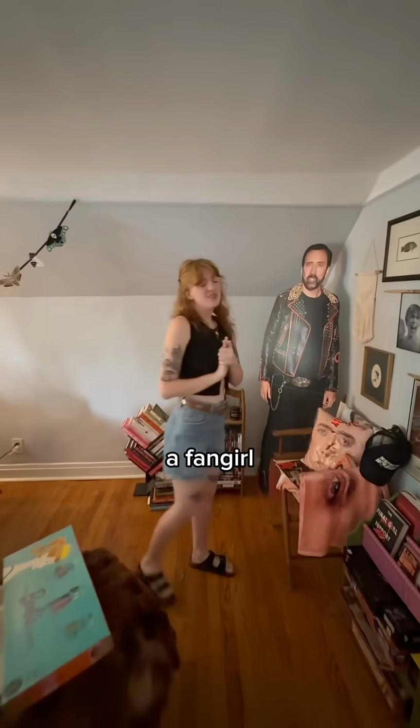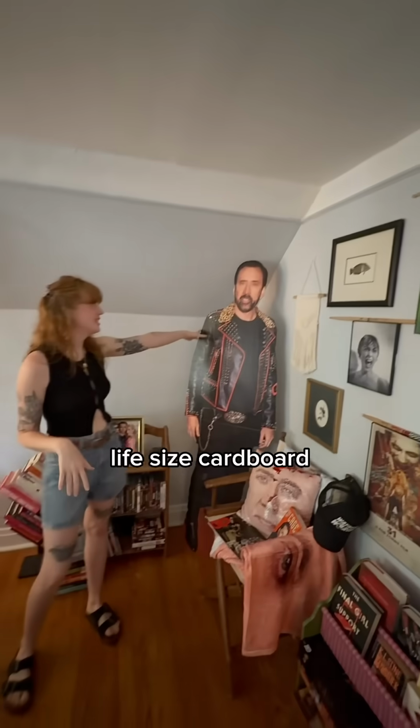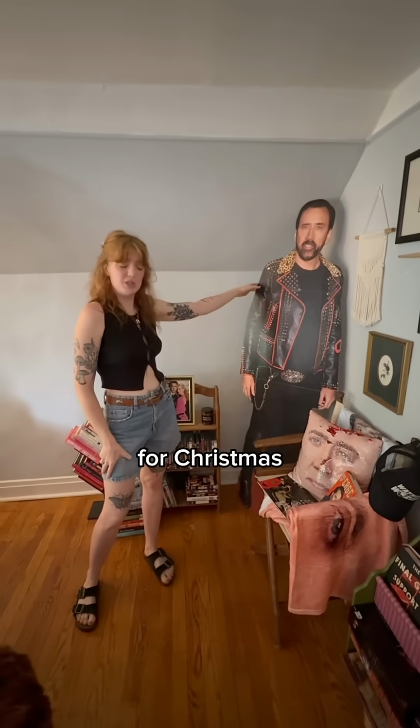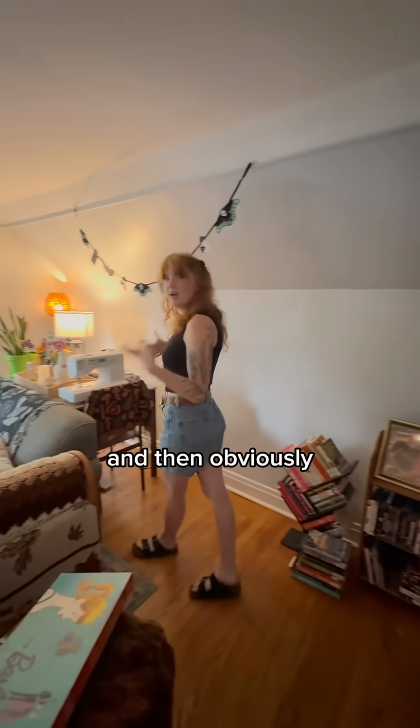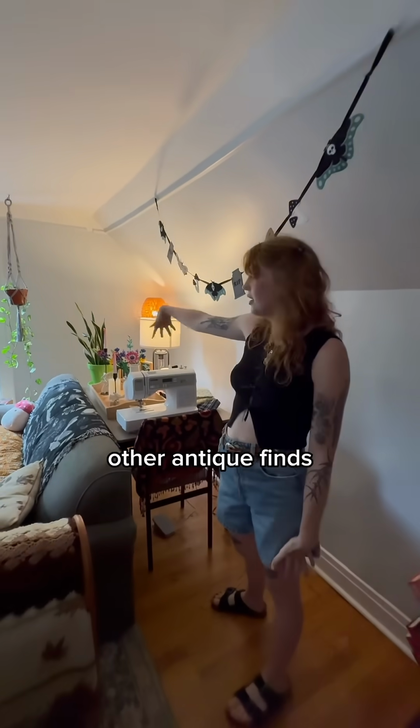I am a fangirl of Mr. Nicolas Cage. He is my favorite actor in the world. My brother got me this life-size cardboard cutout for Christmas 2 years ago. And then obviously my dining room table had to go somewhere when I got the pole. So I brought it in here and made a little makeshift sewing station, and then some of my other antique